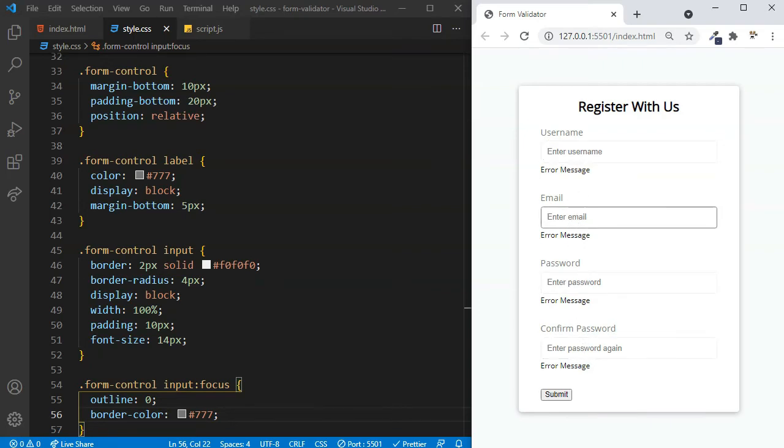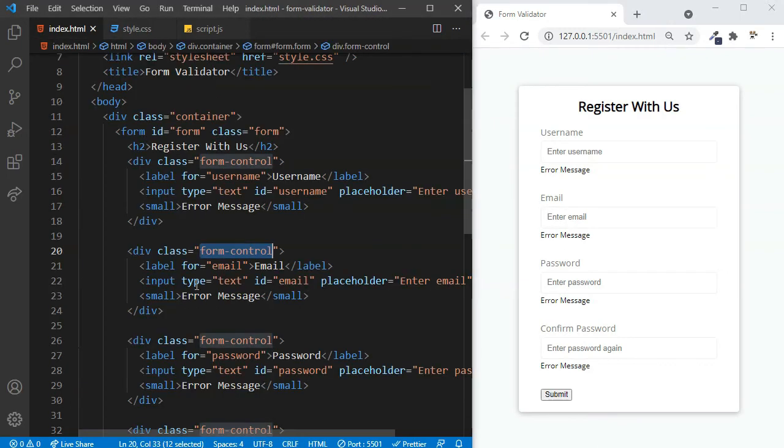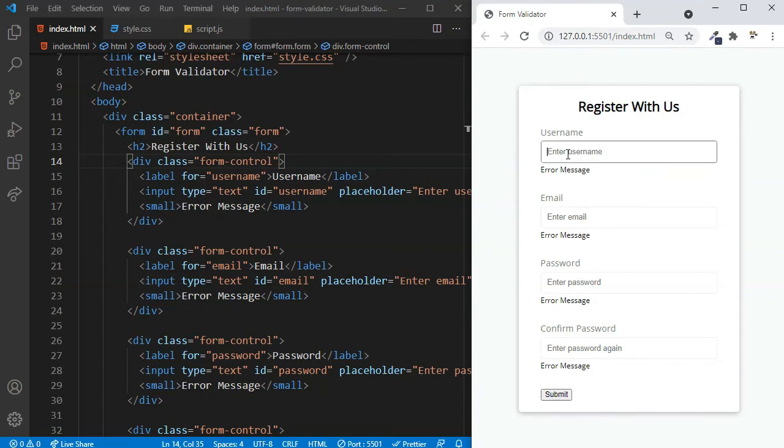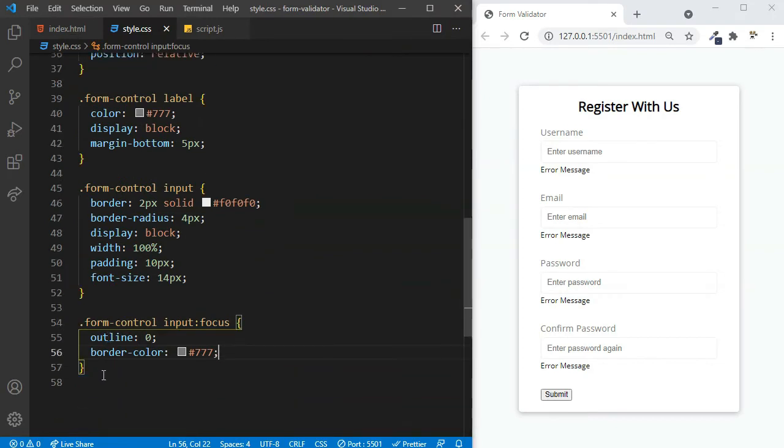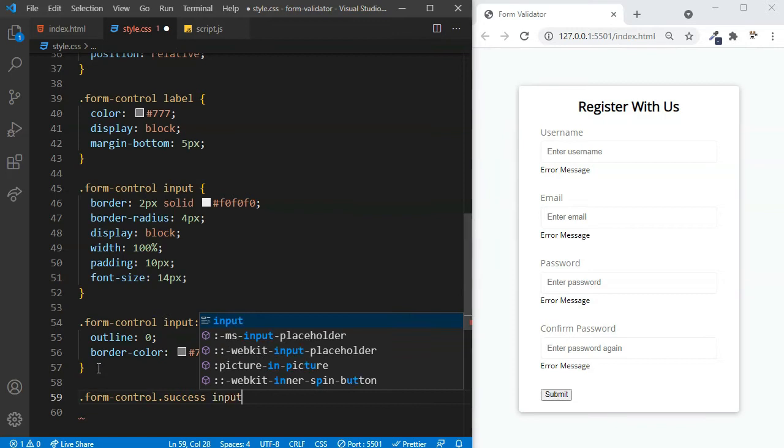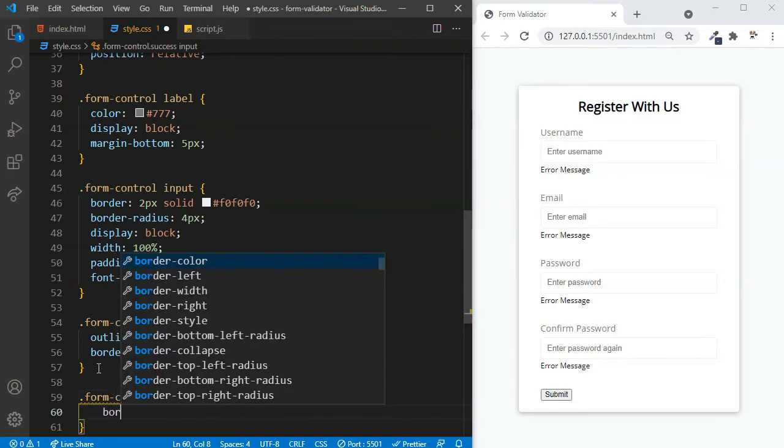So now it's time to target this form control when we assign this form control a success class name. In the beginning we saw that whenever this input was correct, it was showing a green outline, right? So we are going to add that when the form control is having a class name of success, I want the input to turn border color